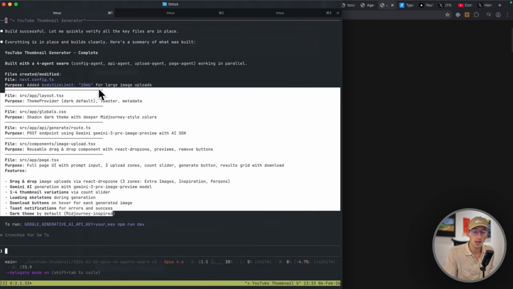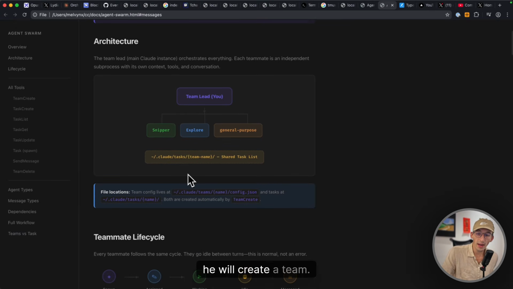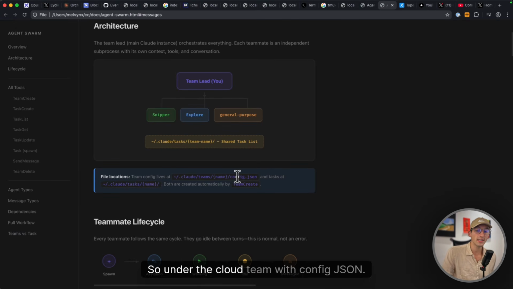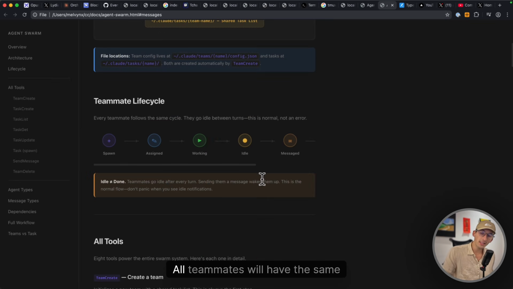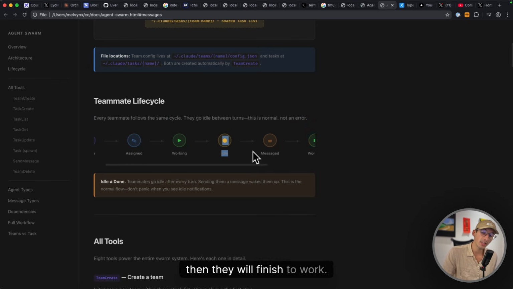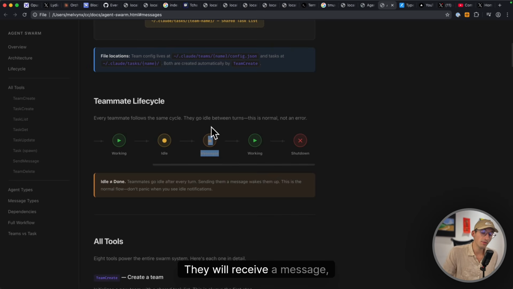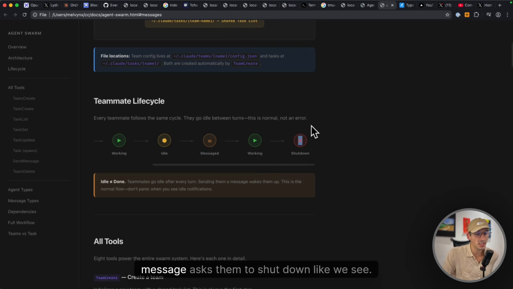So this is really useful if you need to. Then he will create a team. So under the Claude team, with config.json that explains all the team members. All teammates will have the same life cycle. They will first spawn, then they will be assigned to a task, they will work, then they will finish to work, they will receive a message, start to work again, and maybe shut down if the message asks them to